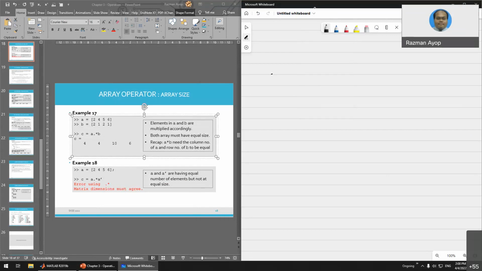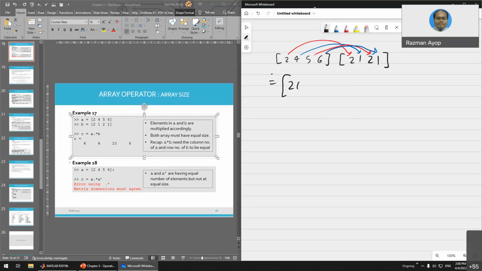Okay, so when you want to do this manually, you make sure you write it all: 2, 4, 5, 6 and multiply 2, 1, 2, 1. So how to solve this? Basically, you just multiply this one to this one to this one. Okay, no need to plus, you just multiply for each location. So this one to this one and this one to this one. So basically